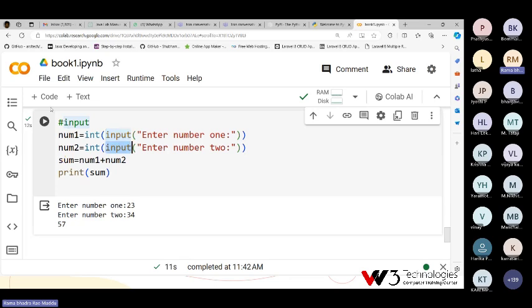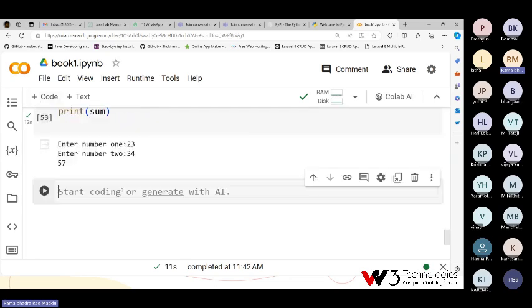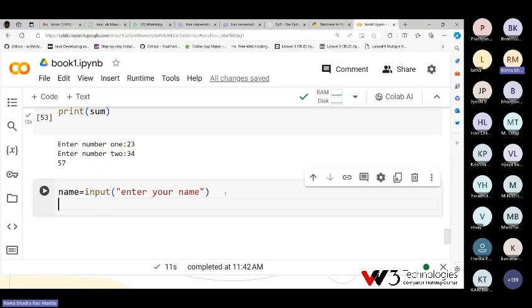So it is for input purpose. Input is used to receive data from the keyboard. If you want to receive your name, name equal to input of, enter your name. Then there is no need of conversion because input by default receives everything in the format of string only. So int of is not required. Simply print of name.